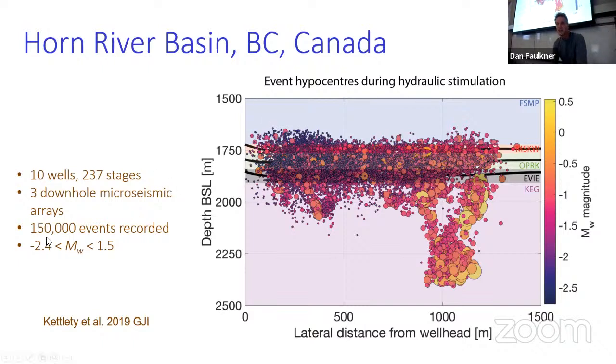So there's a huge amount. There's 150,000 events that were recorded on a very sensitive seismic network, which was installed down some boreholes in this area. And also very small events, from magnitude -2.4 up to about magnitude 1.5. Okay, so we're talking about really tiny earthquake events here, which might have a source dimension that is at best maybe a couple of meters across for these 1.5 events.